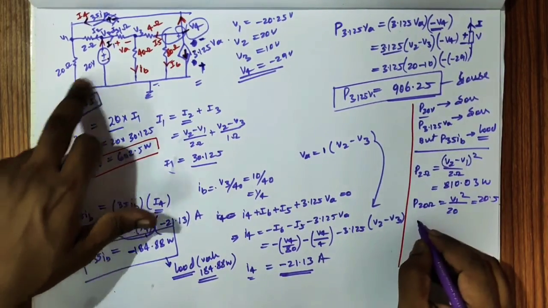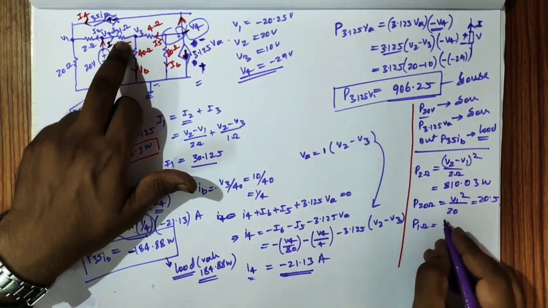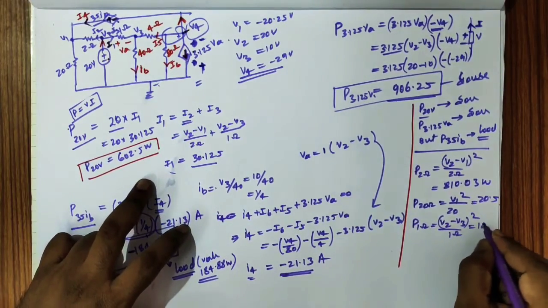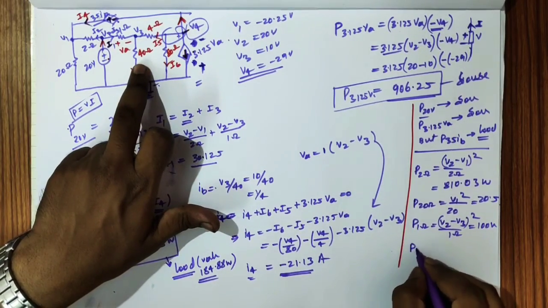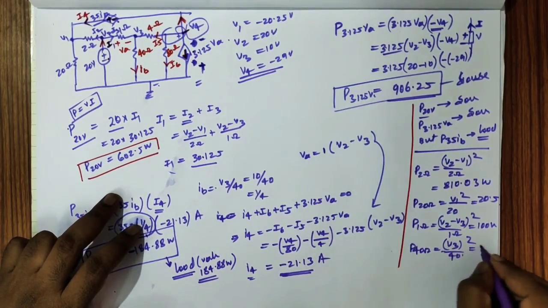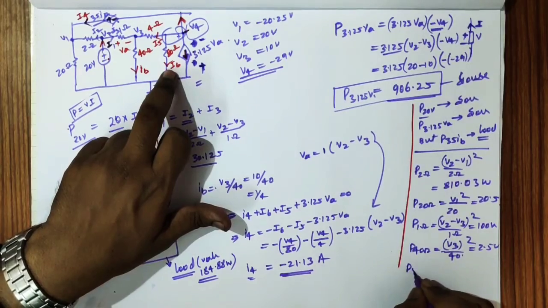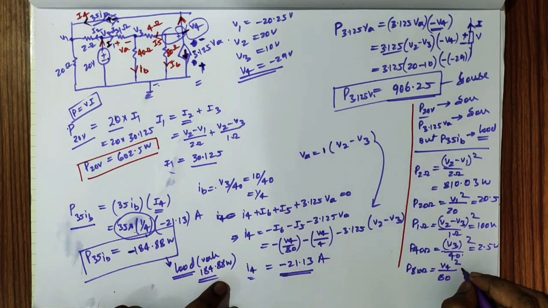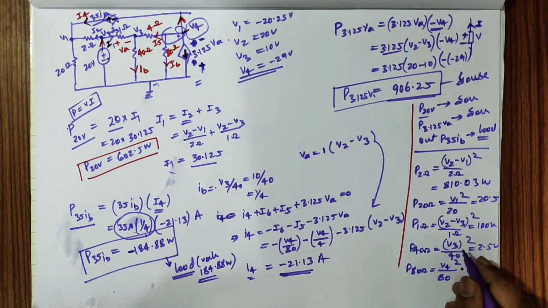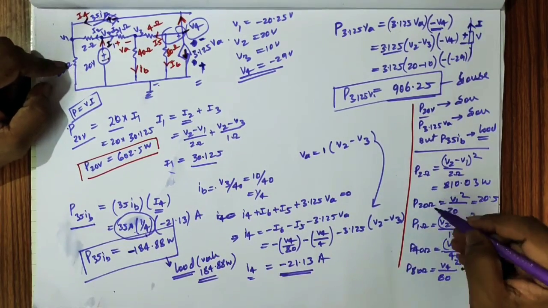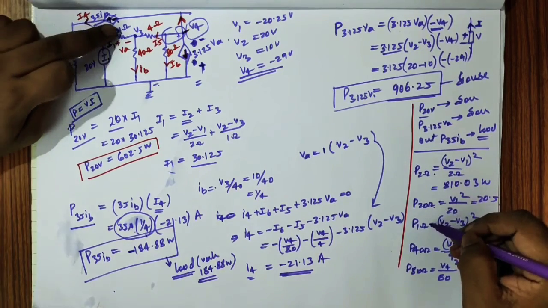20.5, and the power dissipated by P1 ohm, which is V2 minus V3 whole square by 1 ohm. So you obtain the value of 100, and the power dissipated by P40 ohm, which is equal to V3 square by 40. So you get 2.5, and the power dissipated by P80 ohm, which is equal to V4 square by 80. You will obtain the value of 10.51. So 20 ohm is completed, 2 ohm is completed, 1 ohm is completed, 40 completed, and